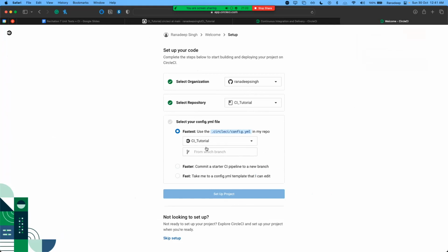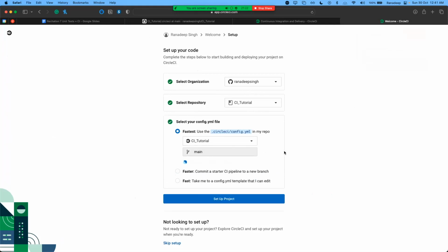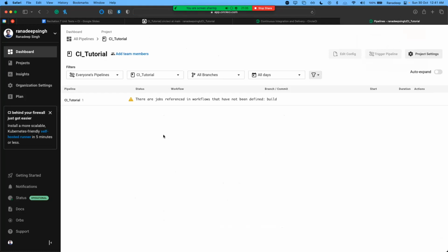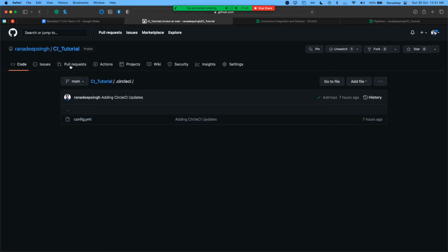And then over here, you'll have to select a branch also. So when you select main, it'll look for the config YAML. So you need to have that beforehand. And then you can just set up your project. And once that's done, your GitHub repo will also show this. So if you go to your GitHub repo now,